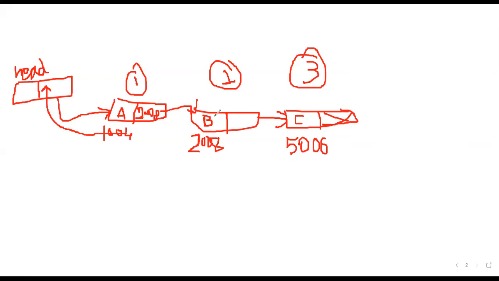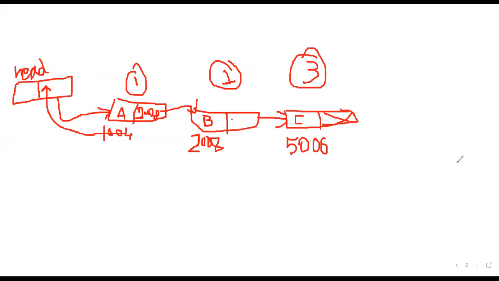So it will be pointing to the same data type, that is called a structured data type. Structure is a user-defined data type. Okay. So the 2008 memory location is stored in A, and the next location, for example the C location, is stored in B. If there is any next node, that node address will be stored in C. That means the next node's address is available in the previous node. That is how the representation will be in memory.